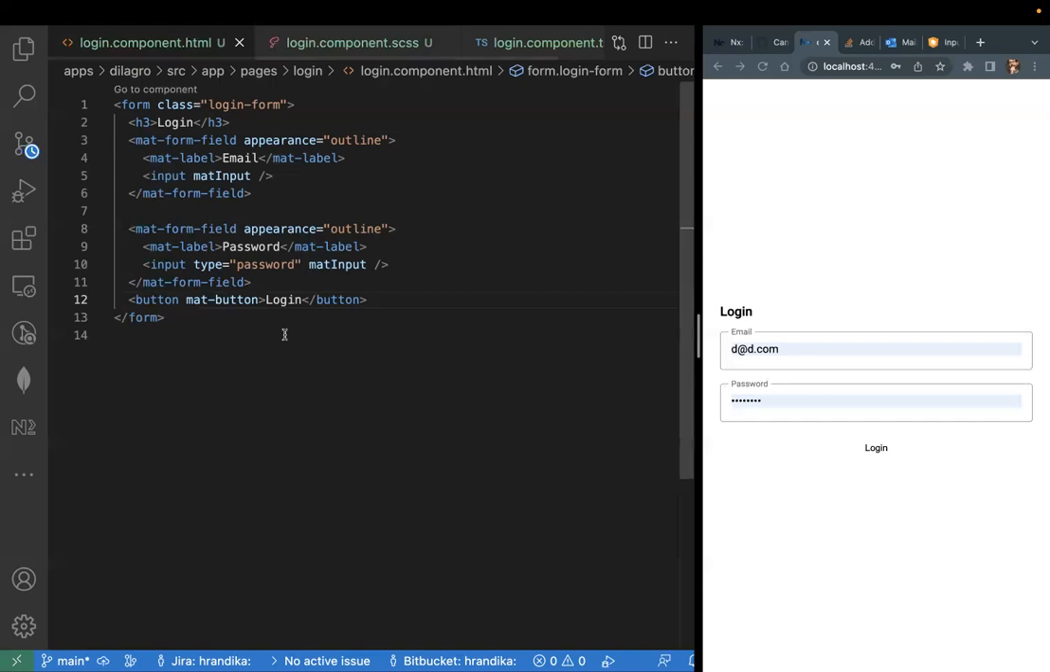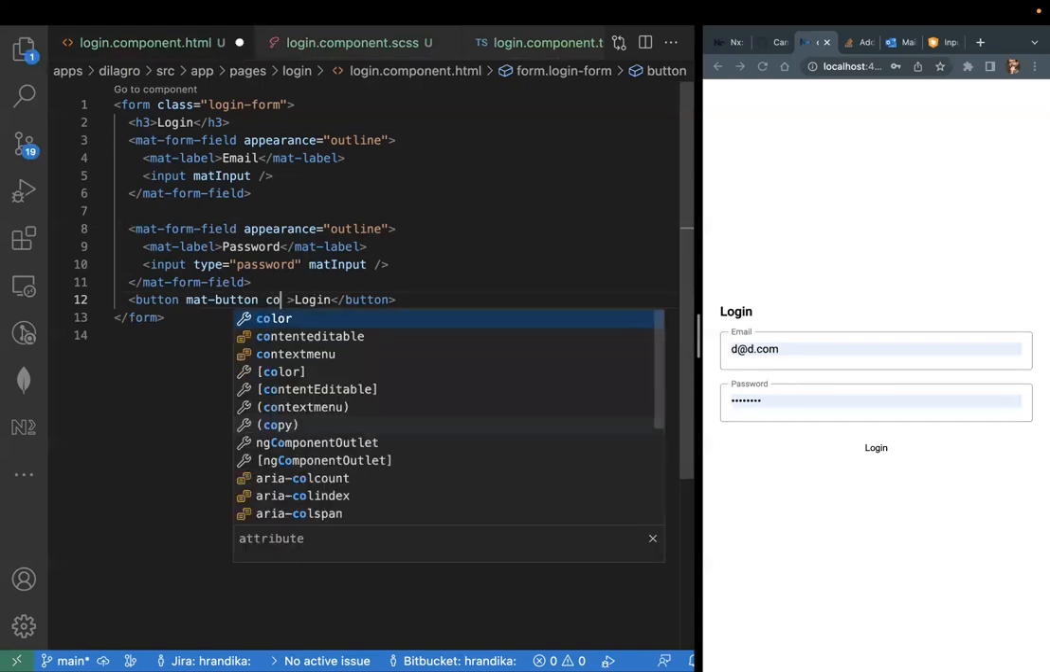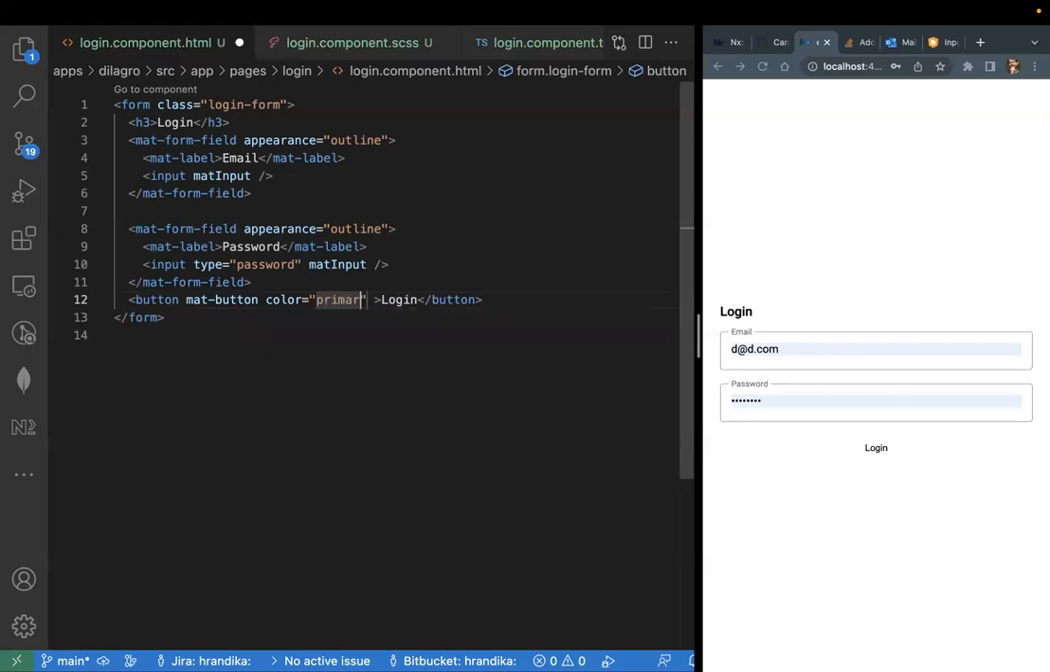Say for instance, I need this to be colored. I can say color primary. Then it will look like the primary theme color. Or if I want this to be a stroked one, or a filled one, I can say mat-stroked-button, if I'm not mistaken. Yes, mat-stroked-button, that means it will draw a border. I think if I say filled,